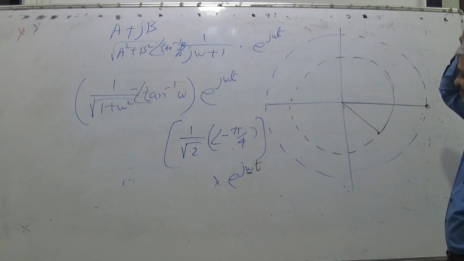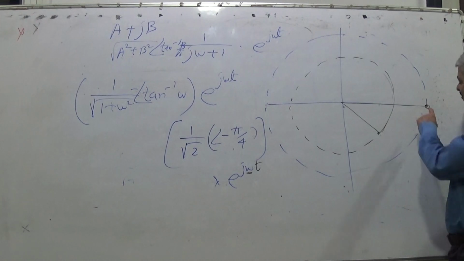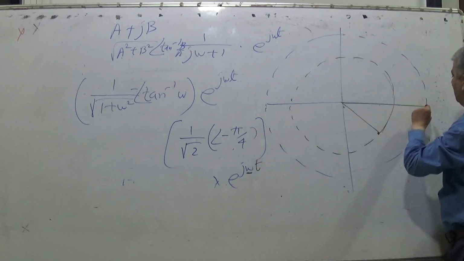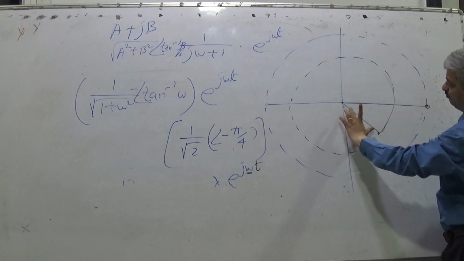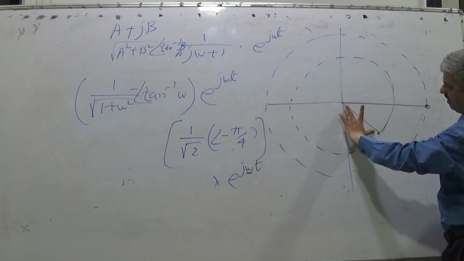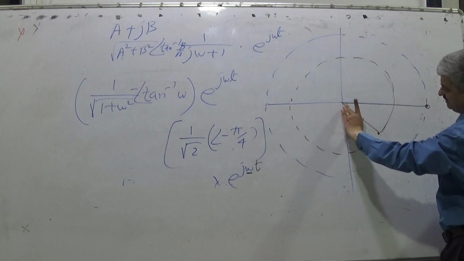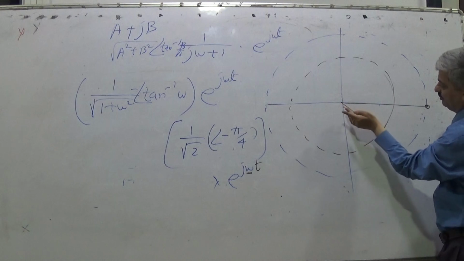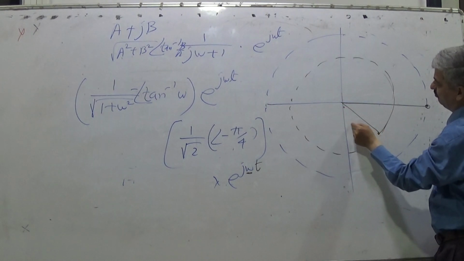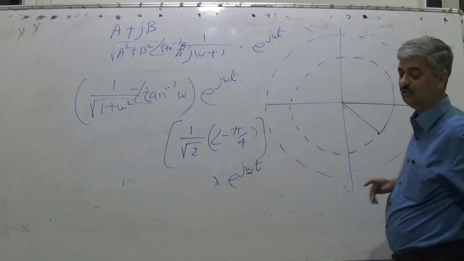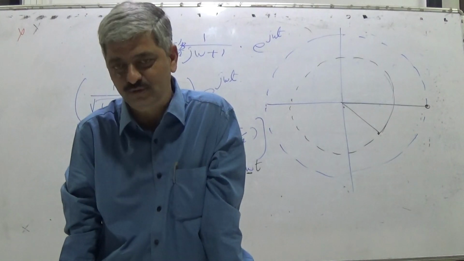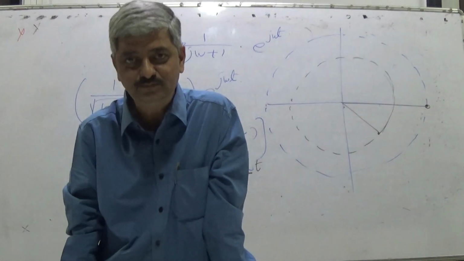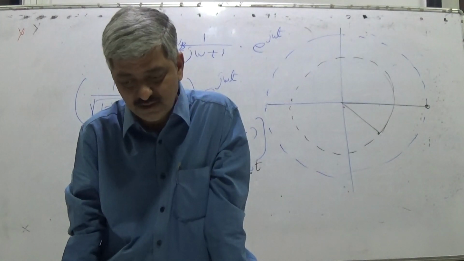So if omega is very large, in that case, for omega near 0, the input is this and the output is just starting from here. When omega increases, the radius at which the output point rotates becomes less and it gets shifted. So it will be from here, then here, then here, then here, very small. This is something which is called, as you will come to know later on, filtering action. I will explain again in simple terms.